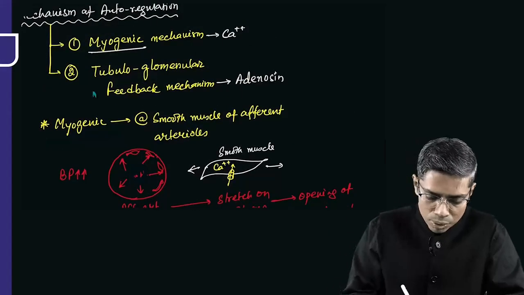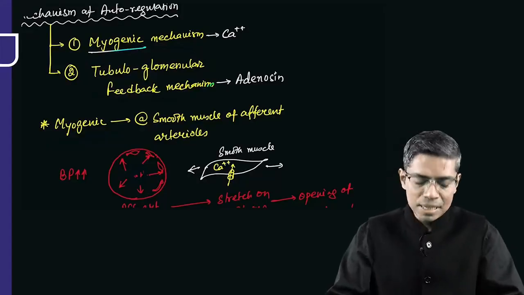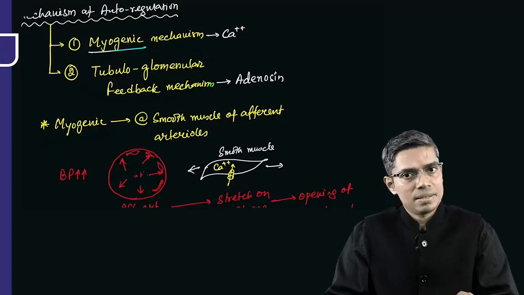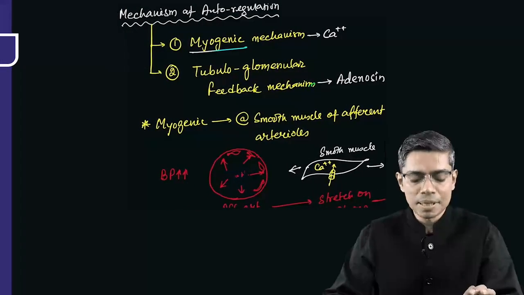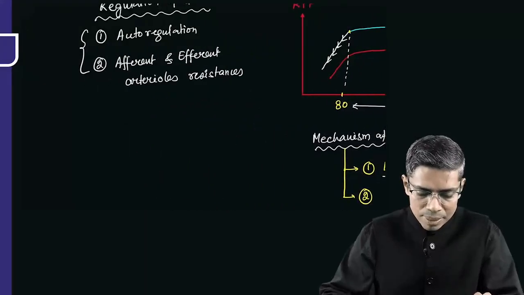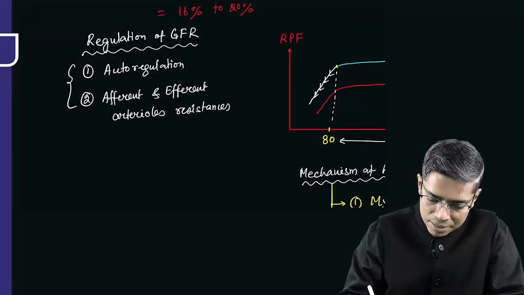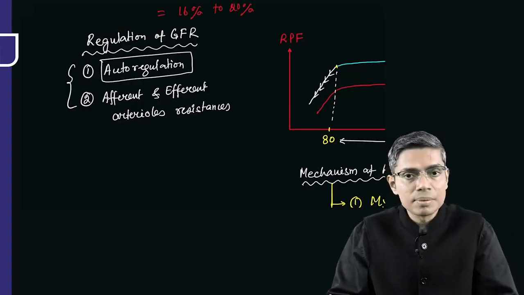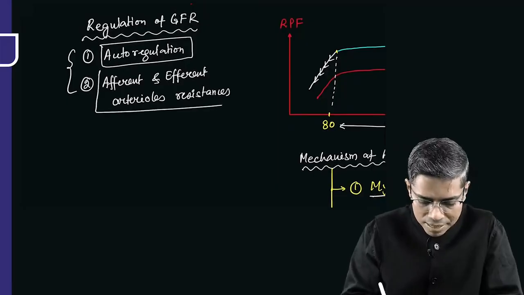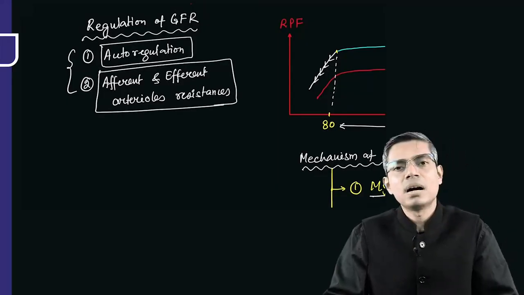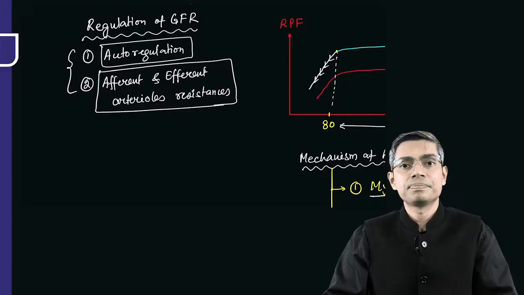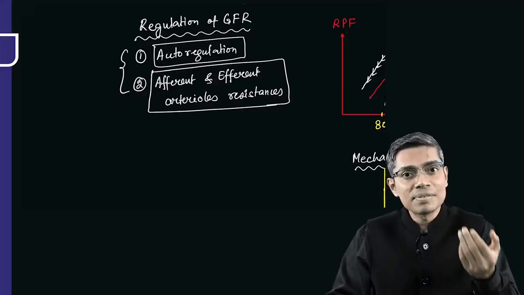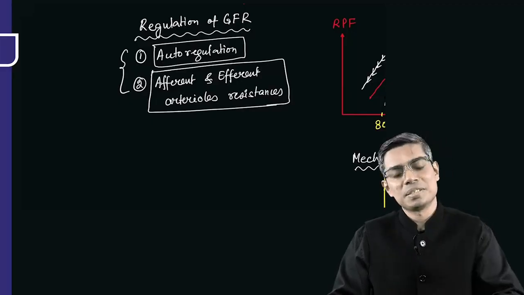Now the tubulo-glomerular feedback mechanism will be discussed in the next chapter, that is the chapter of the JG apparatus, right? So forget about this mechanism for the time being. Now you concentrate on the second mechanism. We have discussed autoregulation, what it means and how it is done at the level of the kidney. Now we are concentrating on the second part, that is the afferent and efferent arteriole resistance. Means if you cause constriction or dilatation of the afferent or efferent arteriole, how the GFR is going to change. Very, very important,